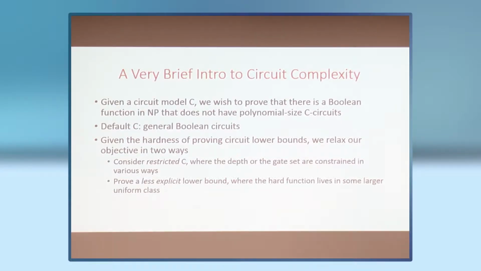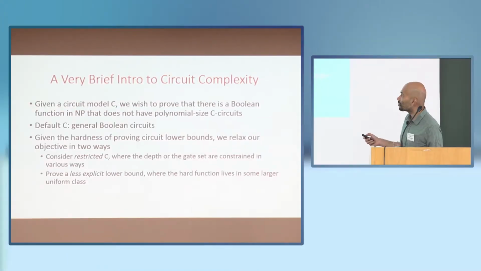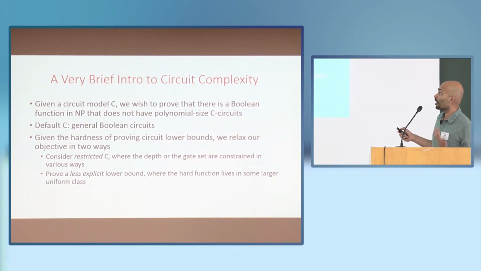Yeah, so in terms of circuit classes and results about them. Okay, so just a very brief intro to circuit complexity. What are we interested in in circuit complexity? We're interested mainly in the question of lower bounds. Given a circuit model C, can we show there's an explicit Boolean function that does not have small circuits from